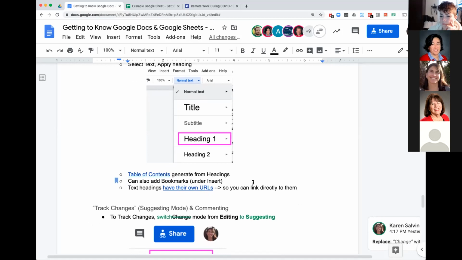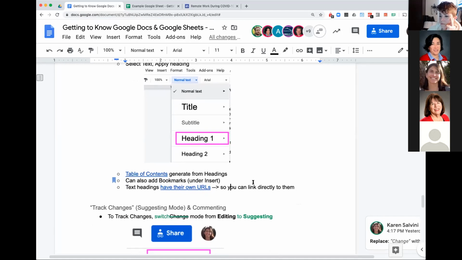Hey, Karen, before you get to the next section, Peter's asking if you can import a PDF into a Google Word doc and mark it up more easily than using Adobe PDF. I'm going to have to call a lifeline on this one. My initial answer would be no. When I try to import a PDF into Google, I get the text, but the formatting is not awesome. So Google isn't, as far as I know, prepared to do markup in a PDF document, but I might just open it up to anyone else if they have a different experience.